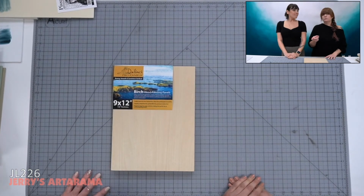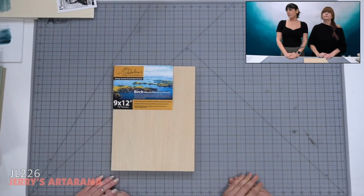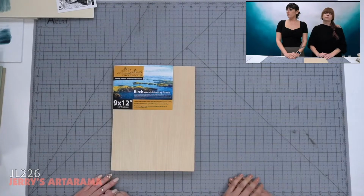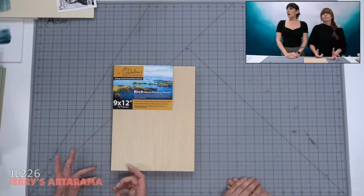Now, did we have a question? Yes. Is there a preferred way to refer to a painting on a canvas panel? She's saying, for instance, in a gallery or show, would you say oil on canvas or oil on panel? Or is that up to the artist? It's up to the artist for sure, but I would say for the gallery, it's more important whether it's on linen or canvas. Even if it's on a panel or it's stretched, you don't have to say linen panel, you can. But I would say on canvas, on linen, or...